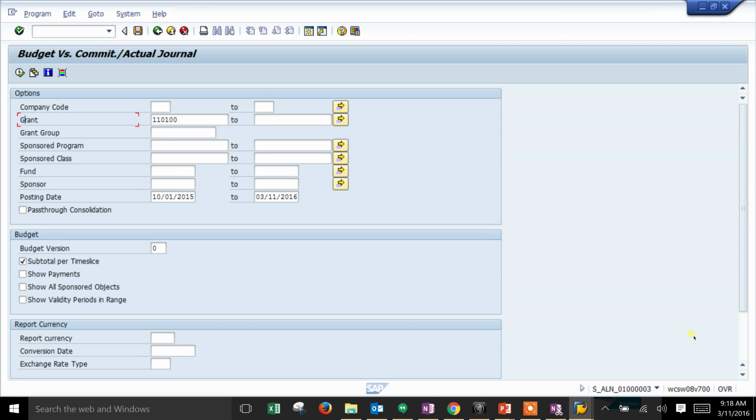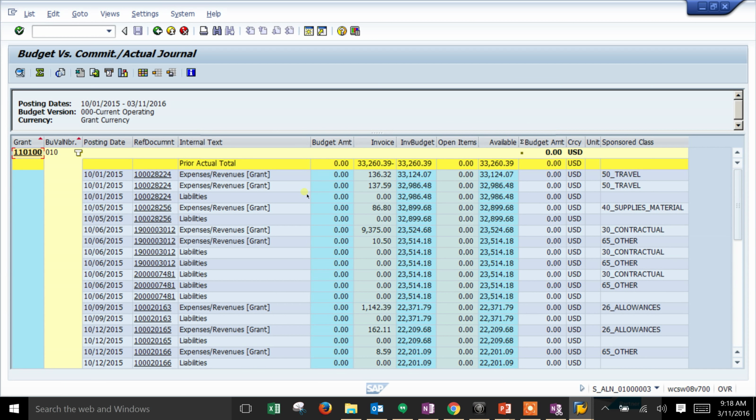So what we've got here is our budget versus commitment actual journal. This is SALN 01000003. I've got a grant preloaded, and then I've put in a posting date, a range for a date. But you can see that we can run this report by many different factors just on this main screen. We also do have the option for dynamic selection in case we do not have a parameter here that we would like to see. So if we run this report, we can see